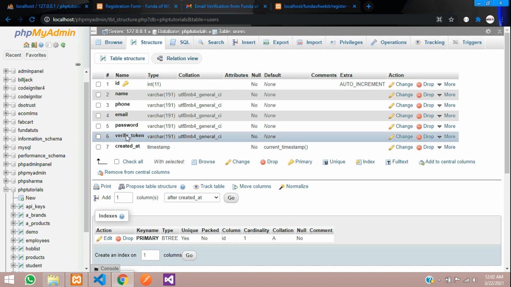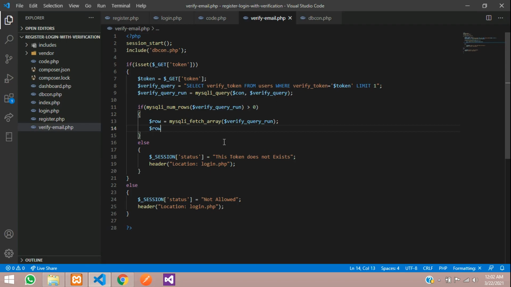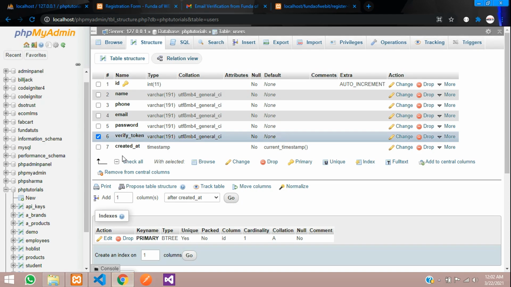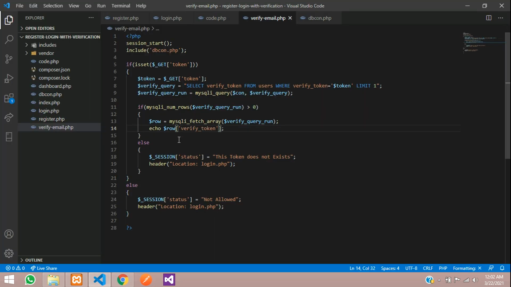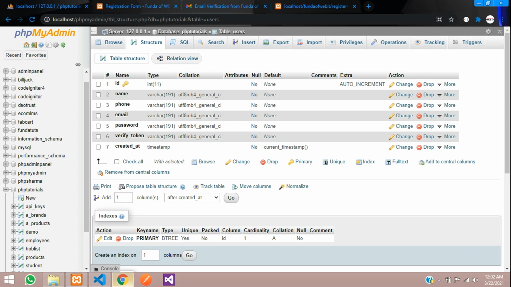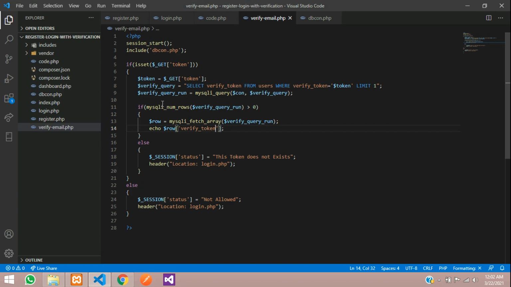But before creating, let's fetch this verification token over here. Let's get back. Let's write echo $row, and what you're going to echo is the verify token. So let's copy this, paste, and let's echo this first. Get back, refresh, reload the page. You can see that the token has come over here from your DB. So now let's comment this